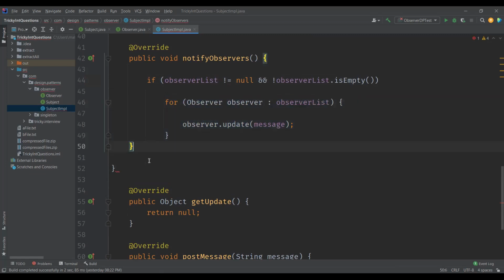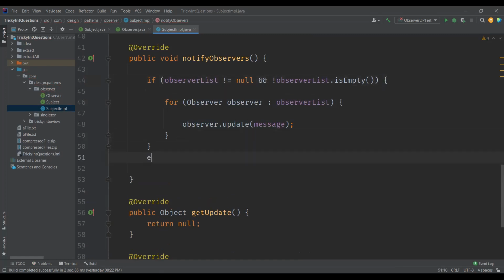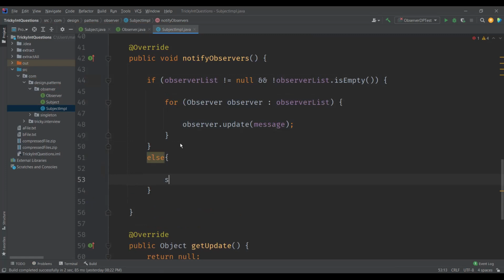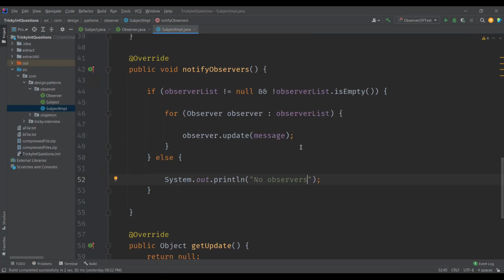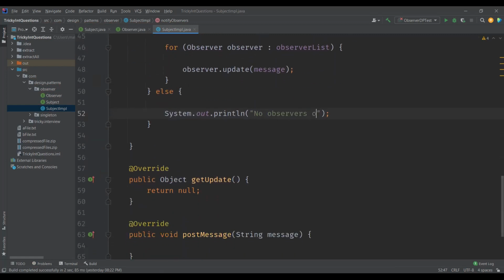Or else what will we do? We'll just say there are no observers. If my observer list is empty or if it is null, then we'll just say no observers to notify.